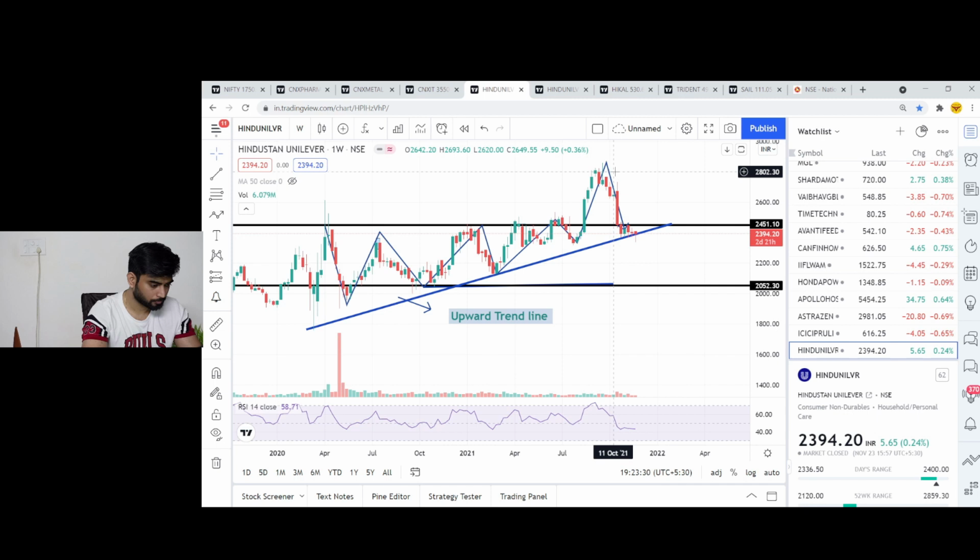For the long term, and for the short term of the next 1 to 2 months, I think you can keep a watch on this, and with the slightest confirmation I just told you, if it goes above the 2450 level, it is a great sign. But from the present level also you can start accumulating. This is what you can plan.